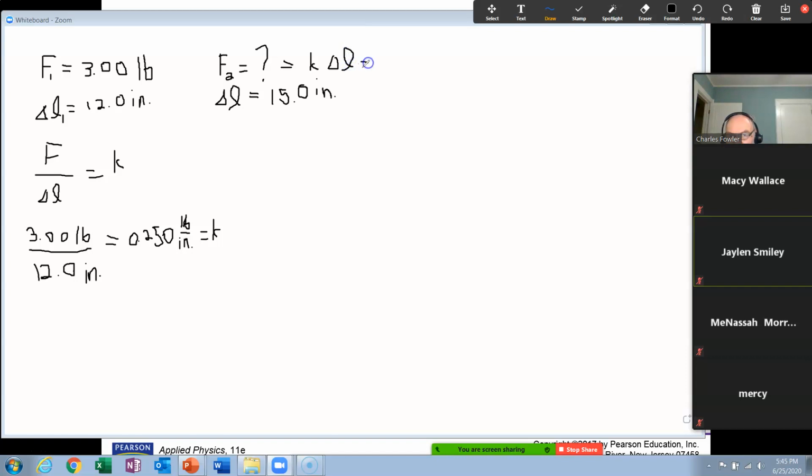Okay, and we know the Hooke's law constant is 0.250 pounds per inch because it's the same spring, and this will illustrate why the units are important for you. Pounds per inch,